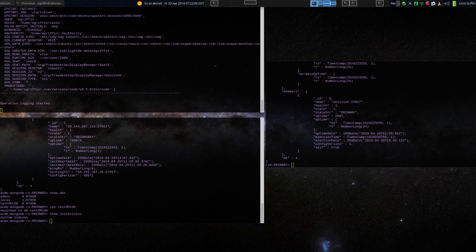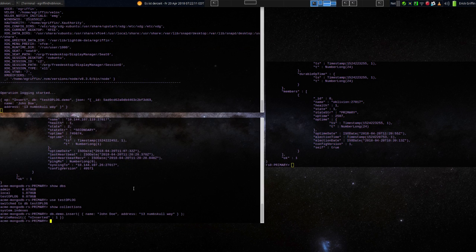Let's insert a record. So we inserted a record for John Doe with an address, and we see the operation in the oplog export came in as an insert operation, which is correct. So this insert into this database has caused an event to occur using the Mongo oplog 2.1.0, and the Mongo exporter then picks up that information